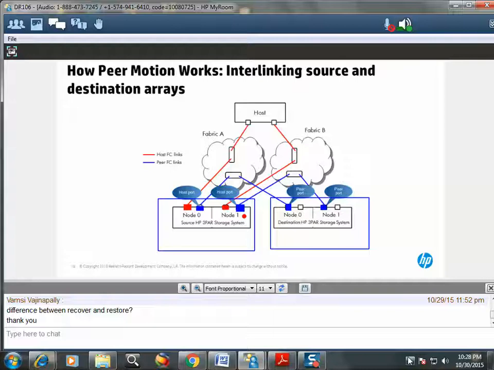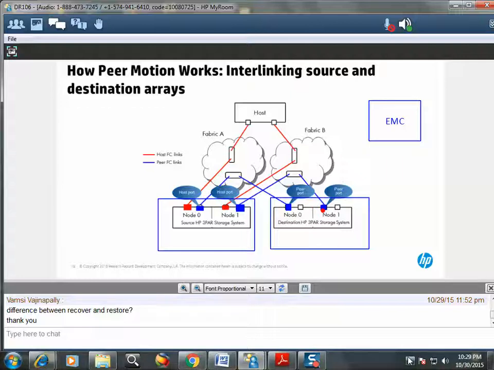Okay, let me explain myself here. Initially, you had an EMC array, and you're going to be migrating to a 3PAR, your 7440. So on your 7440, you're going to have a couple of fiber channel ports set up as peer ports, and you're going to migrate from the EMC to the 3PAR array, or you did, and you used a couple of the onboard fiber channel ports. So in fact, your destination array is a 3PAR, and your 2 peer ports will be your 2 onboard 8 gig fiber channel ports